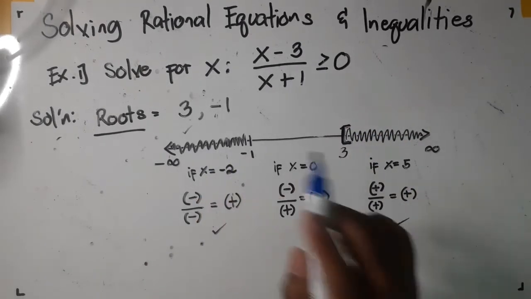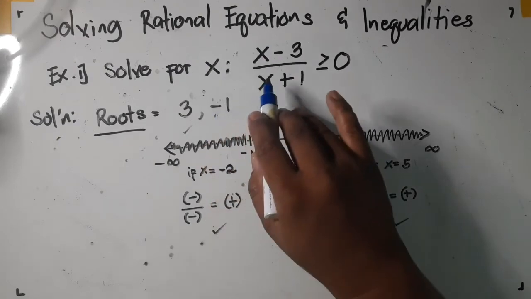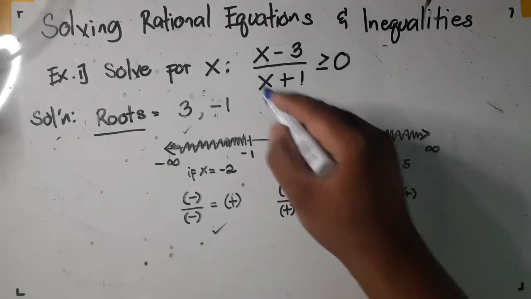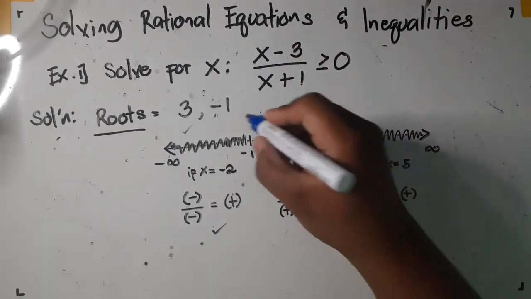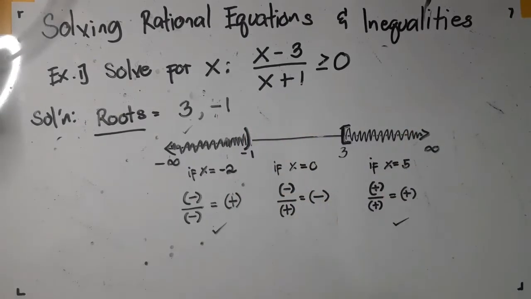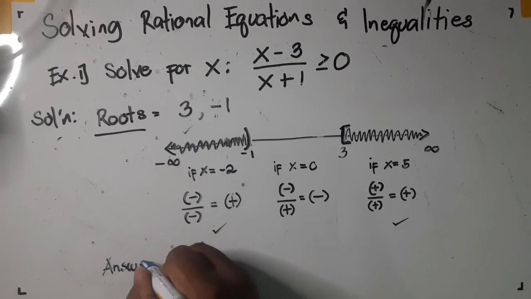Okay. If it is allowed, use the bracket. Okay. If negative 1, notice in the denominator, if x is negative 1, negative 1 plus 1 is 0. And that is undefined or indeterminate. So, negative 1 is not included. If a root is not included, always use a parenthesis sign. So, for the answer,